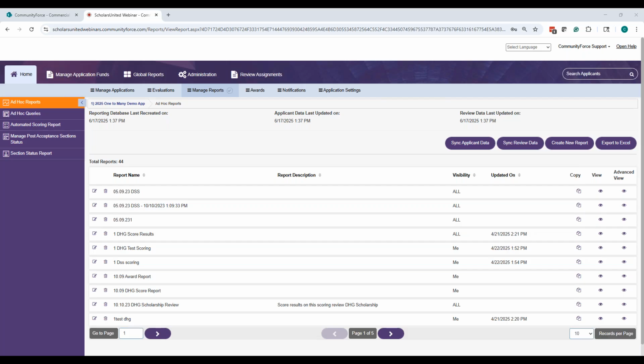Also, there is one interesting question that Cheryl has asked us: is there a field for total amount awarded for multiple awards? As Christine has explained, there is a merge field used for award details, where the applicant is notified with a breakdown of all the scholarships and the amounts that have been given to them under those scholarships. But the total, unfortunately, that field is not available. Cheryl, we'll take this to our development team and hopefully add it to the roadmap. So those are the few questions that I had, Christine. The rest I've answered in the Q&A box. So thank you so much. Back to you, Christine. Thank you, everyone.